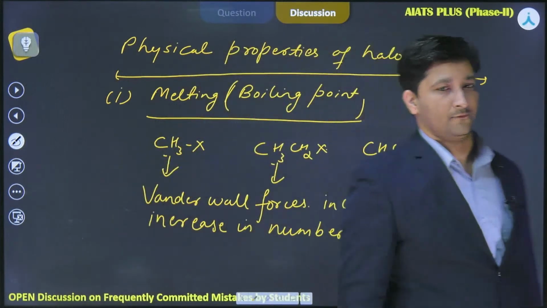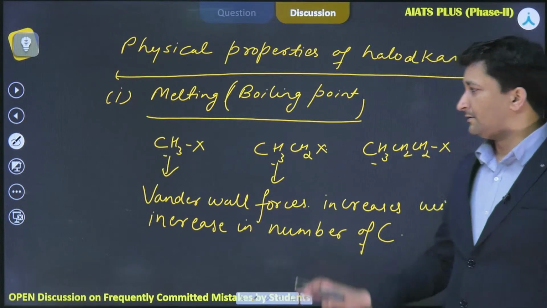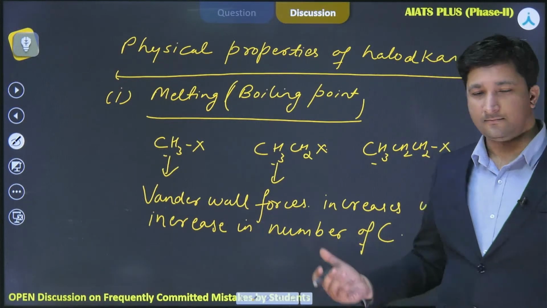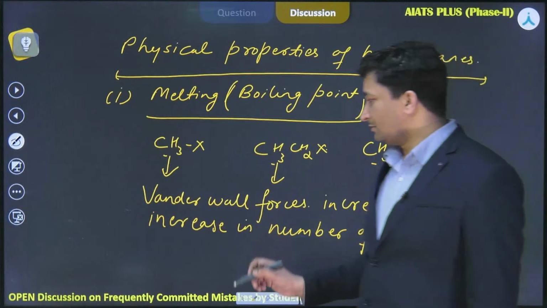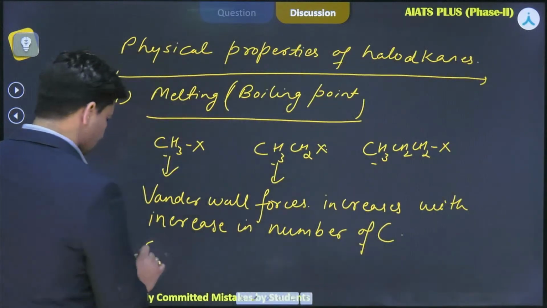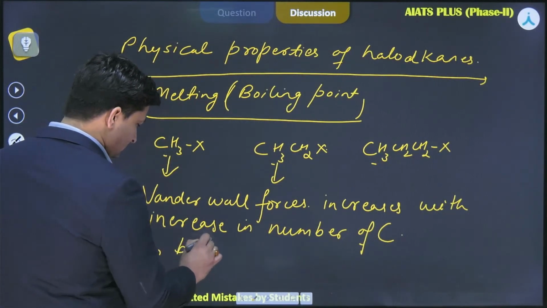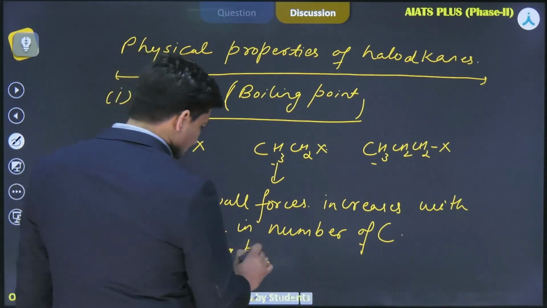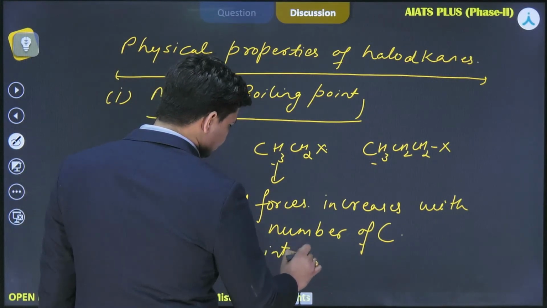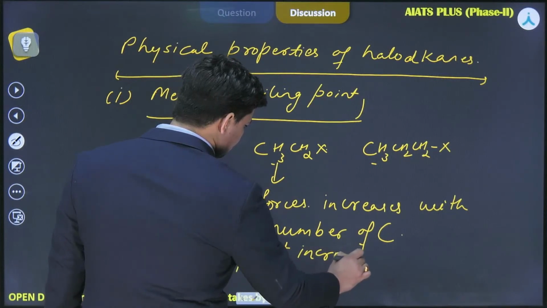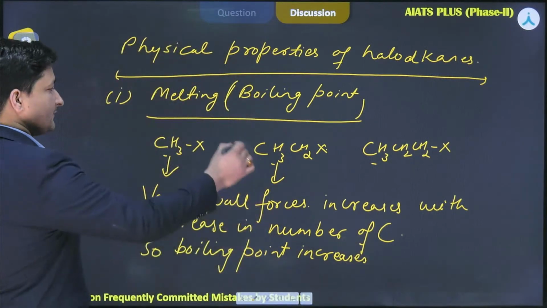Generally we take a number of carbon, because with the increase in number of carbon definitely mass will increase. So boiling point increases और इसी वजह से ऑर्डर क्या हो जाएगा,